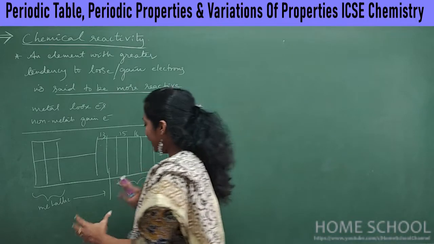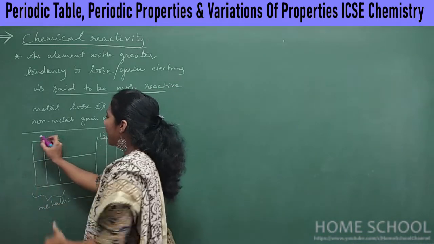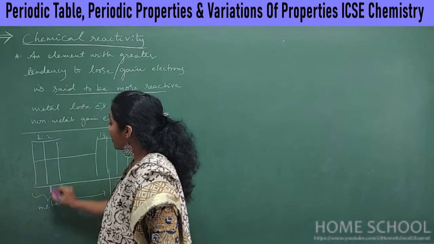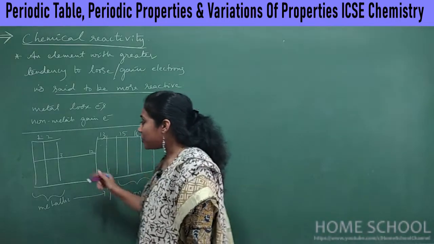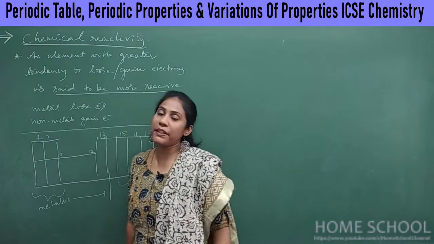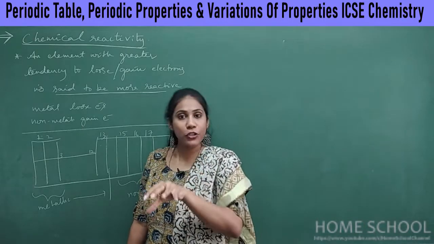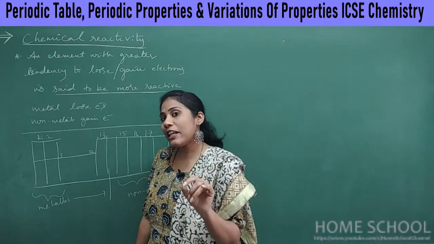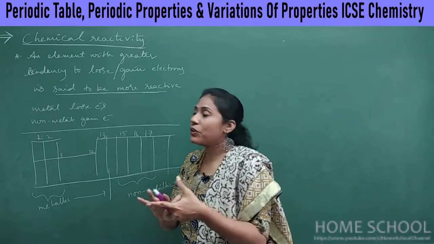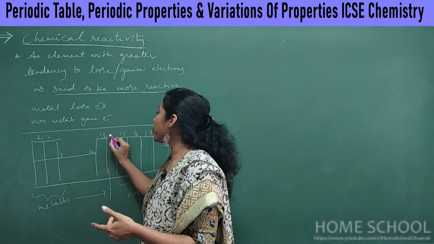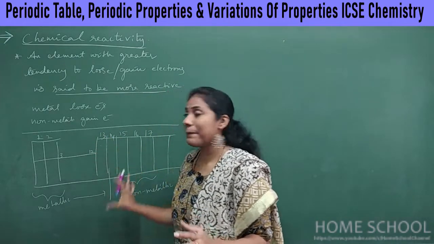Okay, so again among the metals, say till here, group 1 elements and group 2 elements are most metallic, and then metallic nature slowly decreases. Actually from group number 3 to group number 12 are mostly metals, but some metalloids are also present. So what do you mean by a metalloid? It has both characters of metals and non-metals. Okay, so even in the 13th group, 14th group elements, you will find metalloids. Most of them are metalloids.